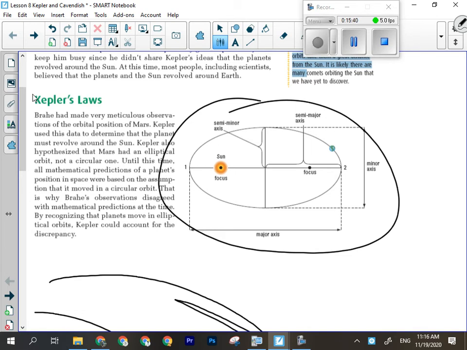Now, according to what we know about the laws of circular motion, that also means that the speed of the Earth has to do what? It has to change. When it all comes down to it, and Kepler didn't know this, the force of gravity is acting as a centripetal force. The force of gravity between the sun and the Earth is keeping it in a circle. And because centripetal force